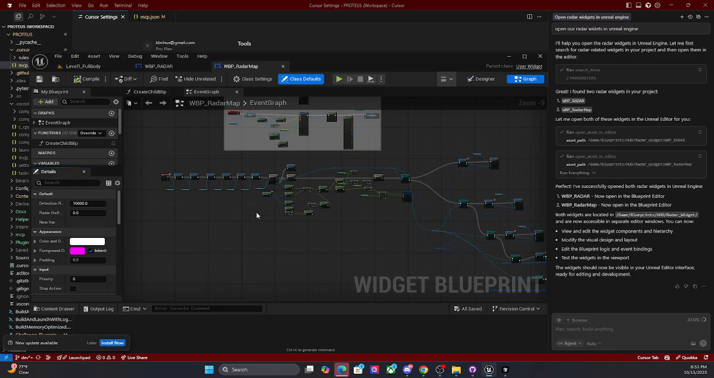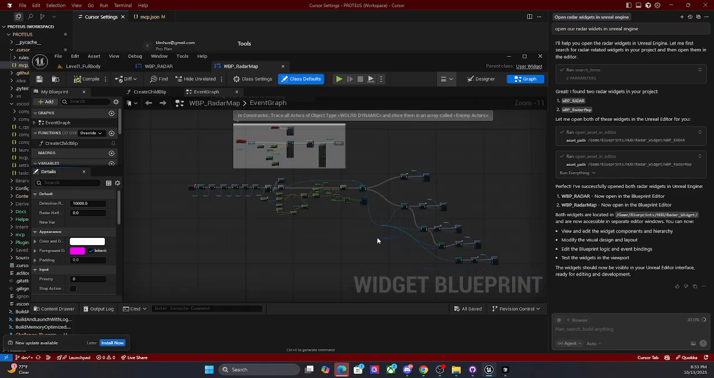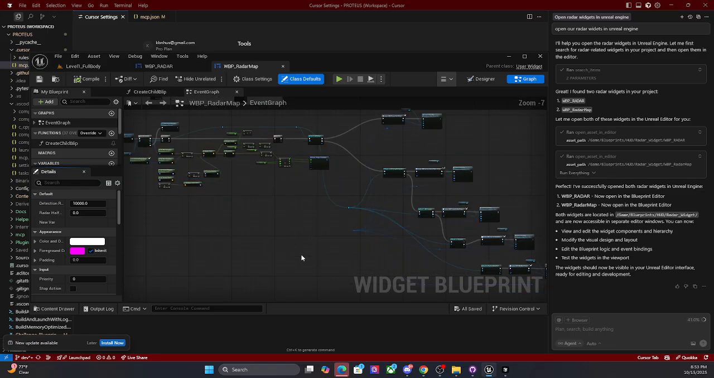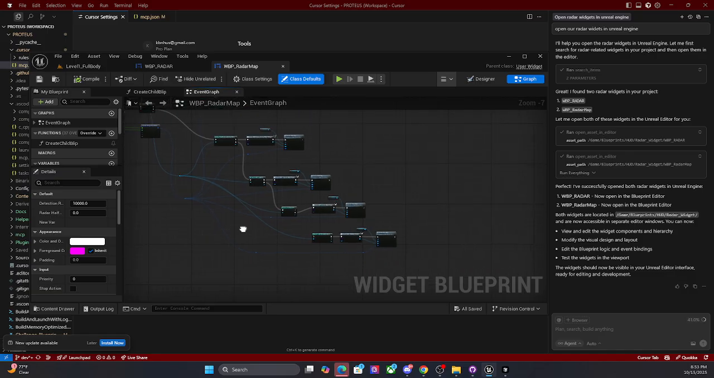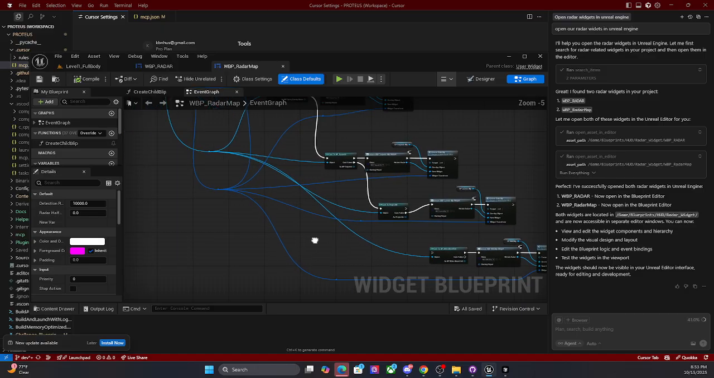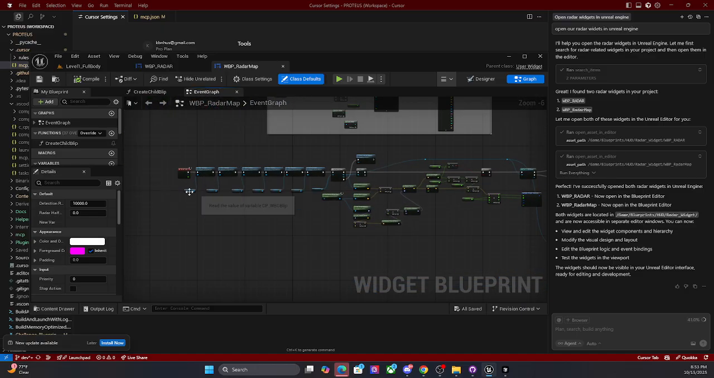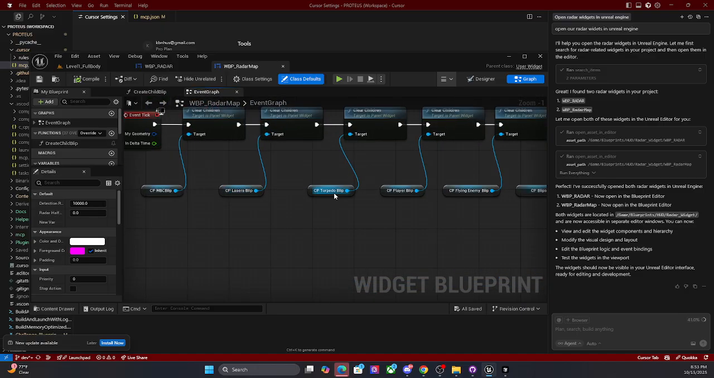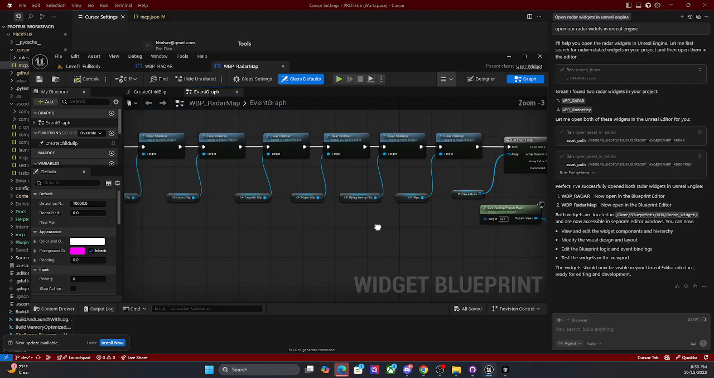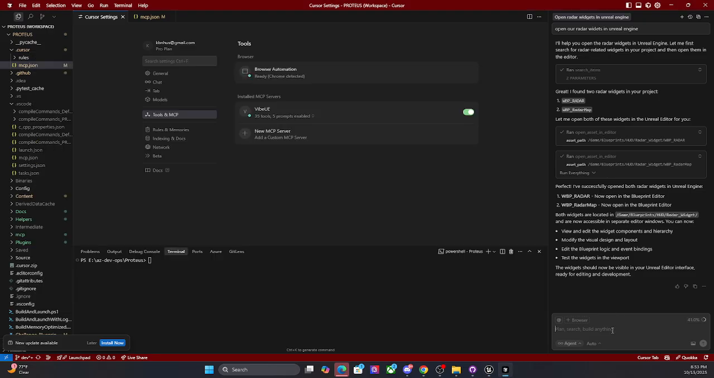Look at this radar map. There's a lot of spaghetti code in here. This is just built as part of a game jam, built very quickly. And it's doing things based on these different classes. That should probably just be one class with options, right? So it opened them. Now let's have it tell us